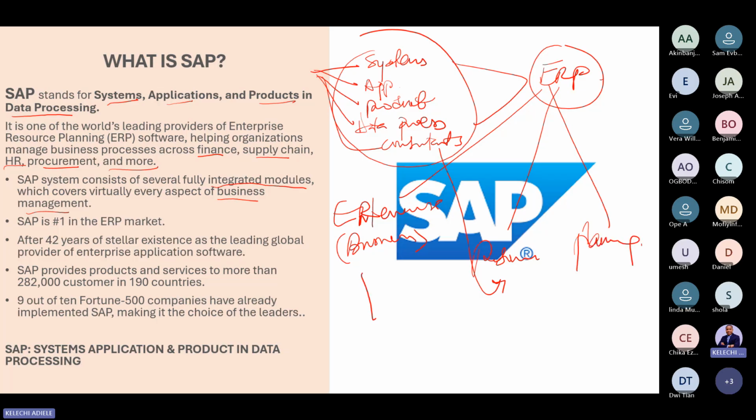If you have an enterprise and you have resources, and you don't plan properly, unfortunately that might lead to the organization not performing well, or probably going into extinction, or not being competitive enough, or even bankrupt. So you see why, when we say a system is an ERP, it has these three basic functions. It's used by an enterprise. It involves a lot of resources within that system.